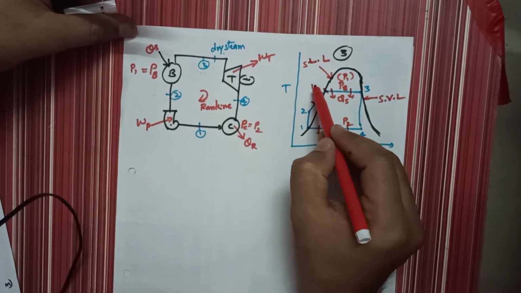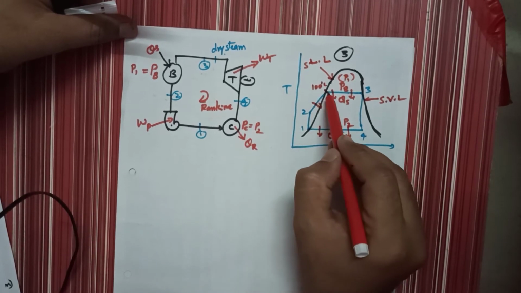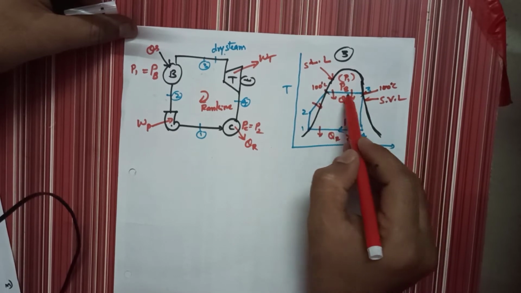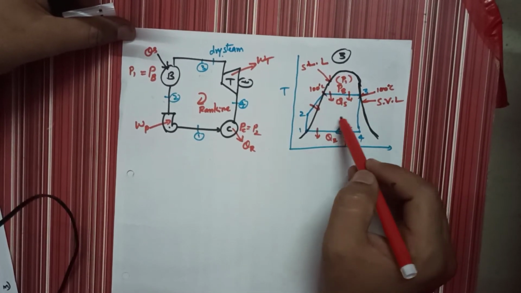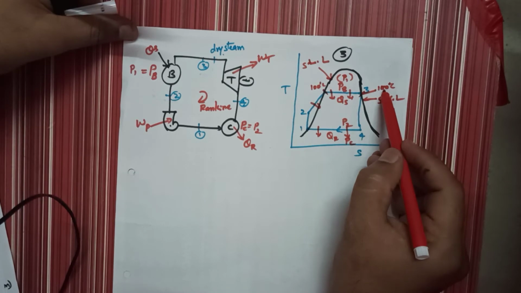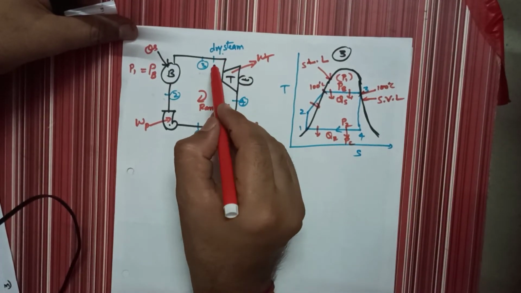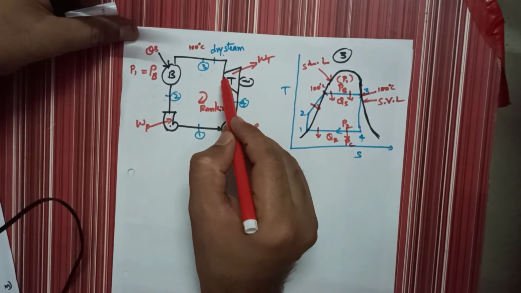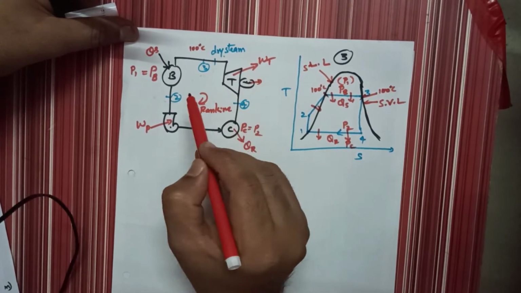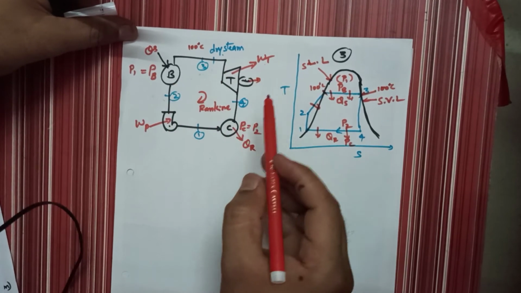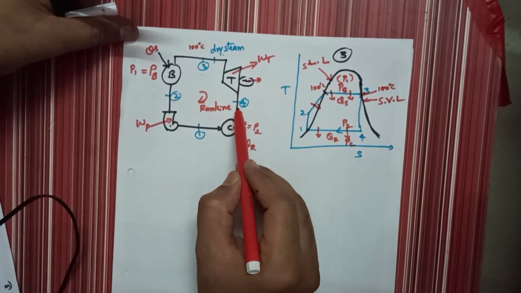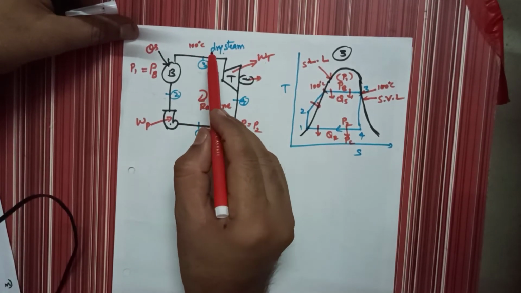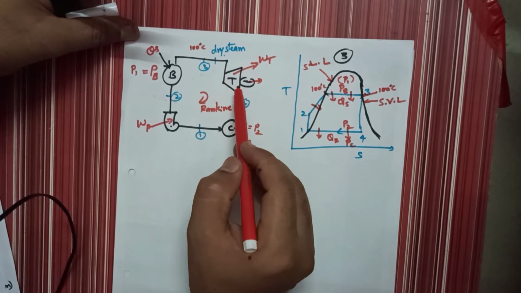So here the temperature is 100 degree Celsius, and what is the temperature at point number 3? It is also 100 degree Celsius, because the temperature is constant. Here in this diagram, what does it mean? 100 degree Celsius steam is passing to the turbine, and expansion takes place, and you will get electric work from the generator on the turbine. The steam coming out of the turbine is passed to the condenser. Okay, so now 100 degrees Celsius steam is not sufficient to generate the power.